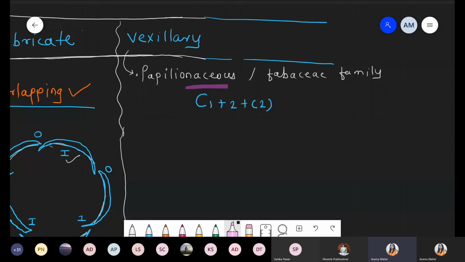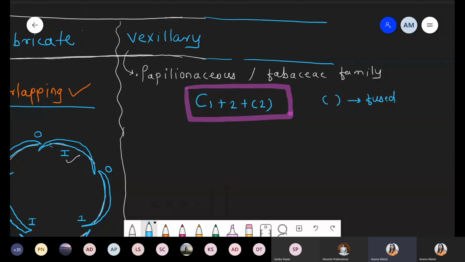So please highlight this word. We have to discuss C1 + 2 + 2, but that final 2 is inside the bracket. So what is the meaning of that? In this condition, I just want to tell you one thing. When we are using the bracket, if the condition is like this, whatever number 1, 2, 3, 4 we are writing in the bracket, it means that this condition represents the fused form.